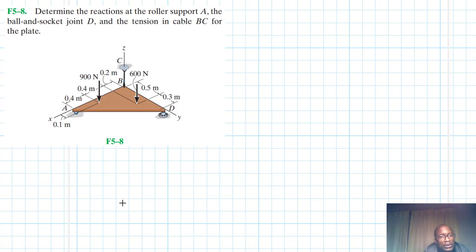Hello, I welcome you all to this another interesting screencast, and the problem reads: determine the reactions at the roller support A, the ball and socket joint D, and the tension in cable BC for the plate. This problem is coming from the Engineering Mechanics Statics textbook, 13th edition by R.C. Hibbeler. So we have a plate